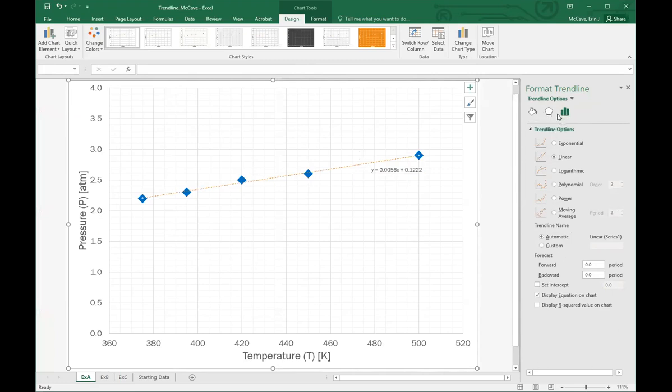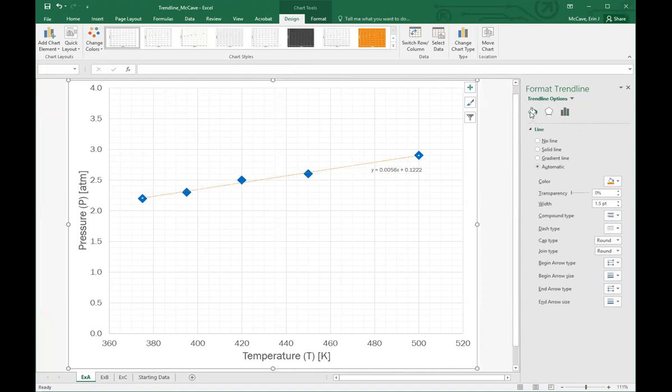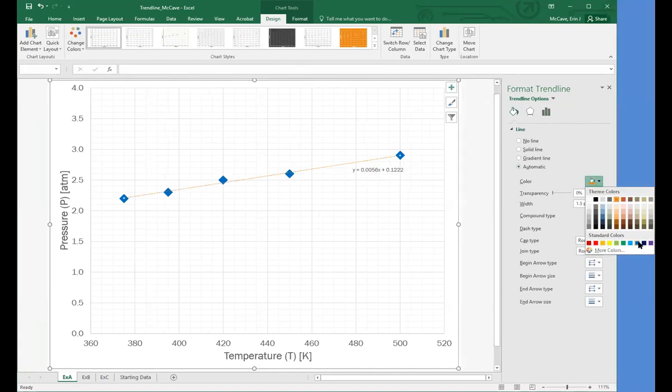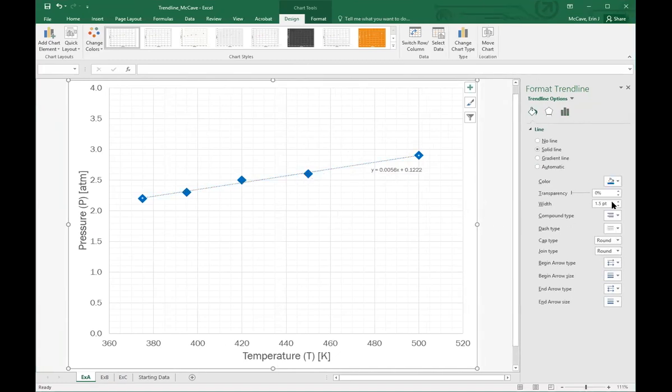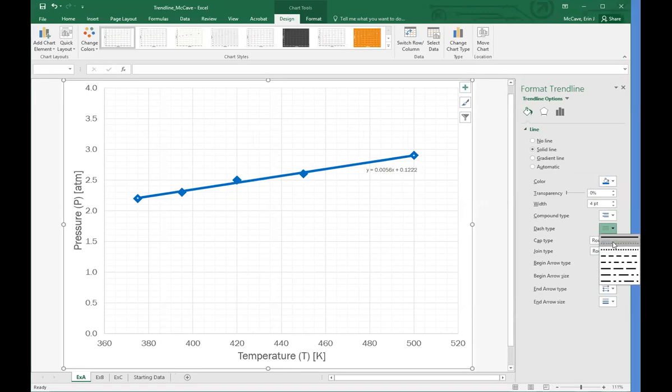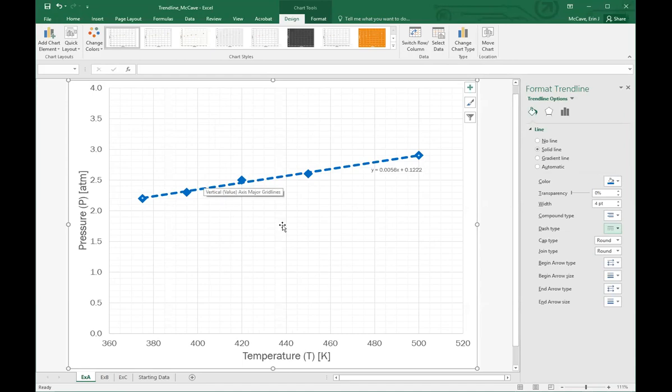So moving over from the little bar graph icon here, I'm going to move over to the little icon that looks like spilling paint out of a bucket, to format my line. And usually with a trend line, to properly format it, we want to make sure that the trend line matches the same color as our data series that is present here. Make sure that our line width is large enough or thick enough that we can see what our data is doing here. And maybe I want a single line, or I can go back to my dotted line, or maybe a short dashed line